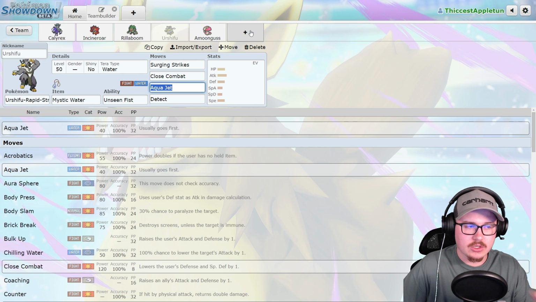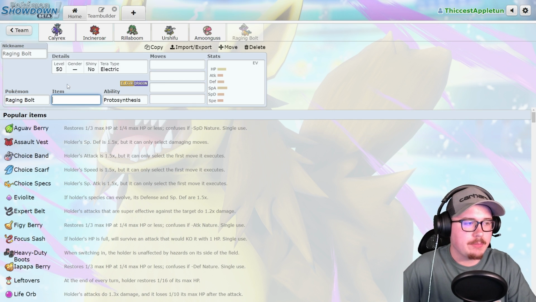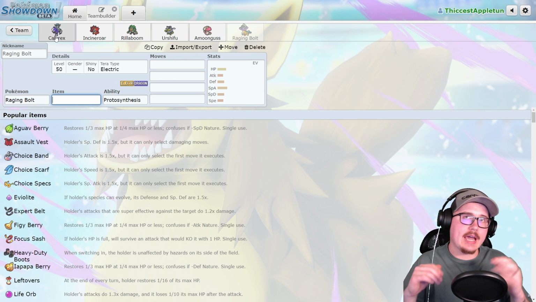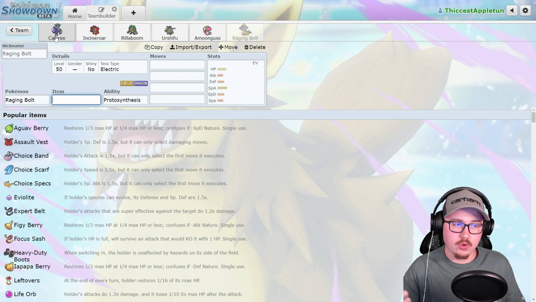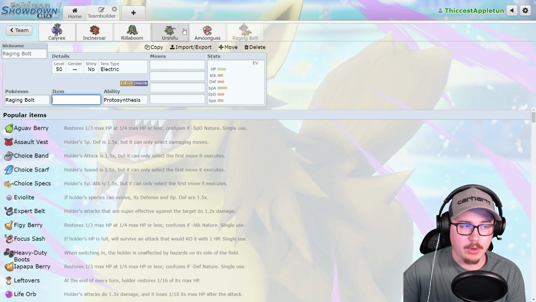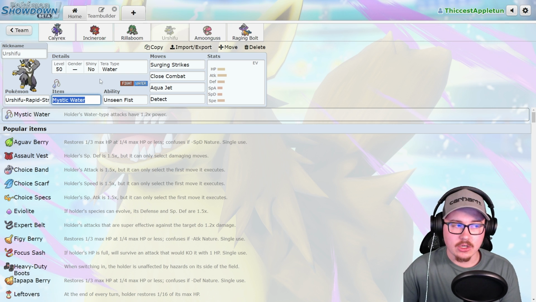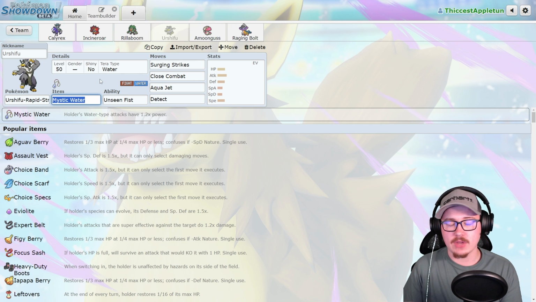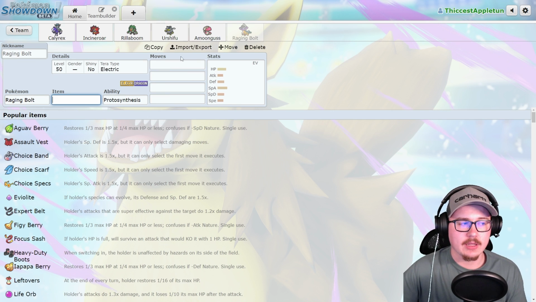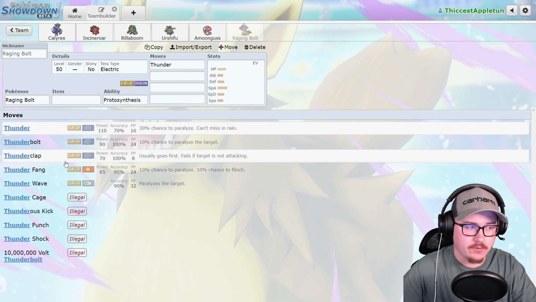in these matches? And I was like, okay, Raging Bolt is really good, because one of the biggest threats to my Calyrex without actually having Tailwind support was going to be Urshifu Choice Scarf. That was going to be a huge problem for my Calyrex, and even if I had Tailwind support, I wasn't able to actually deal with the Urshifu that effectively because it still outsped me if it had its own Tailwind. So having something like Raging Bolt with Thunderclap was incredibly beneficial for this team, because I